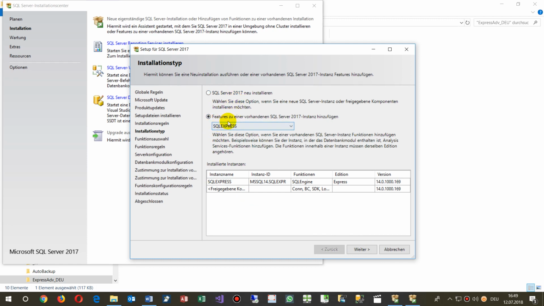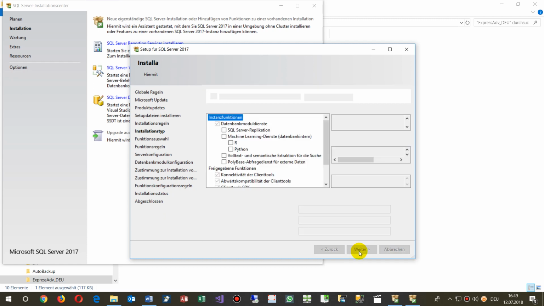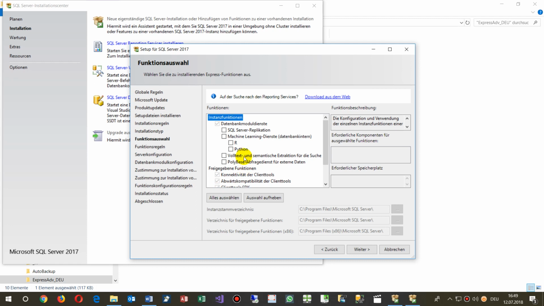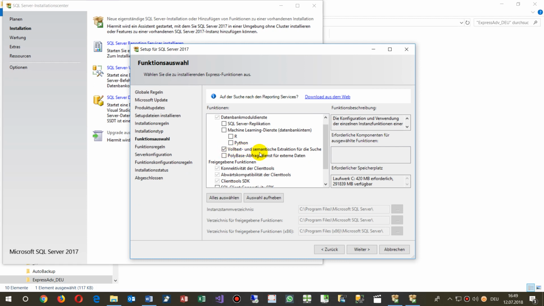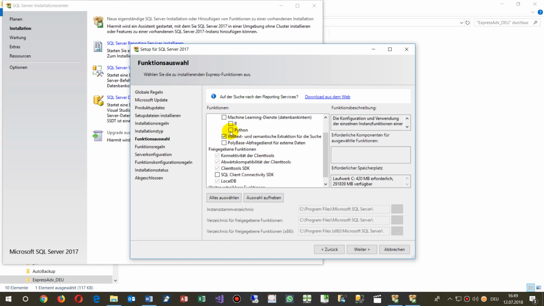I want to extend my system. Now I have those options. Full text, there it is. Full text and semantic extraction. Replication is not necessary. And this one is, I know all that stuff. So